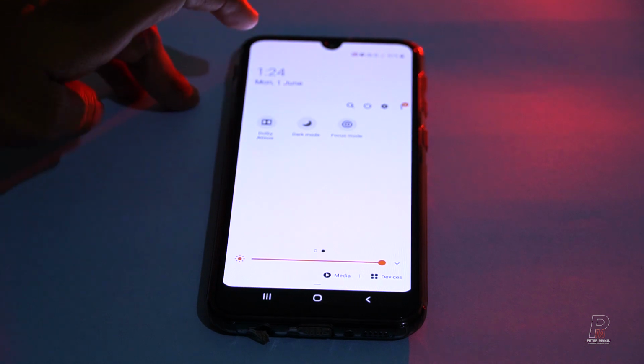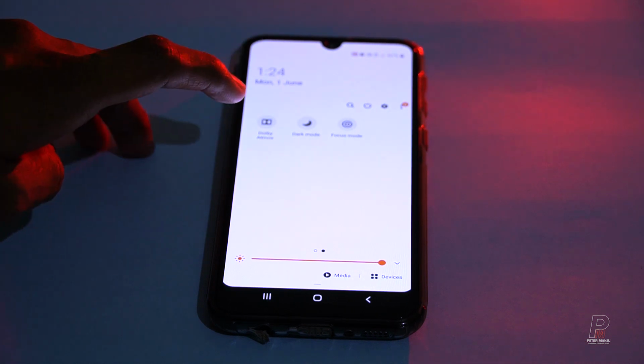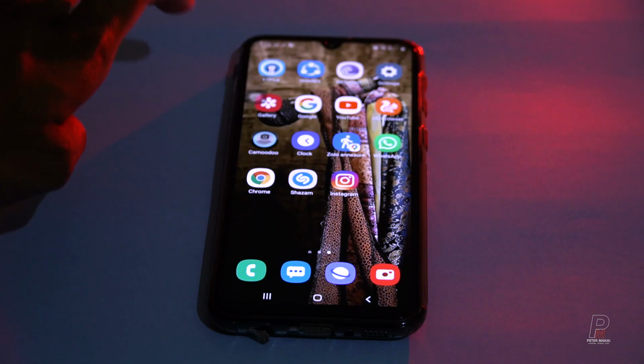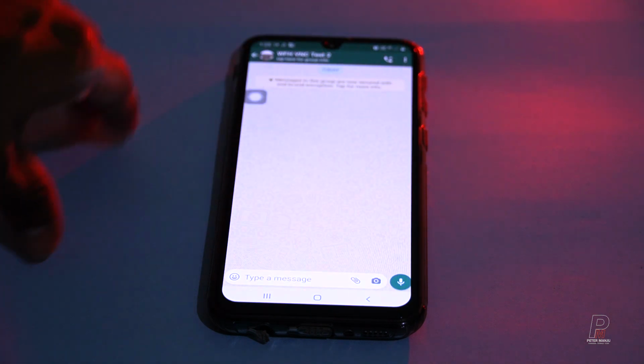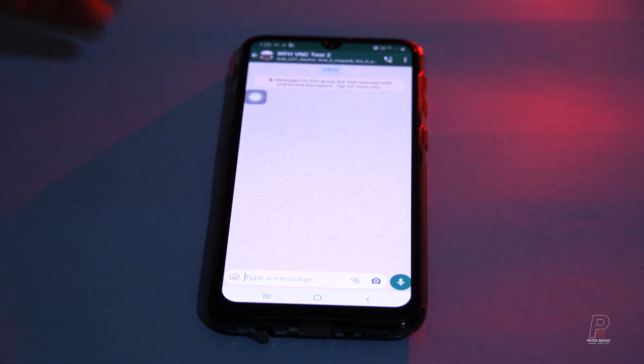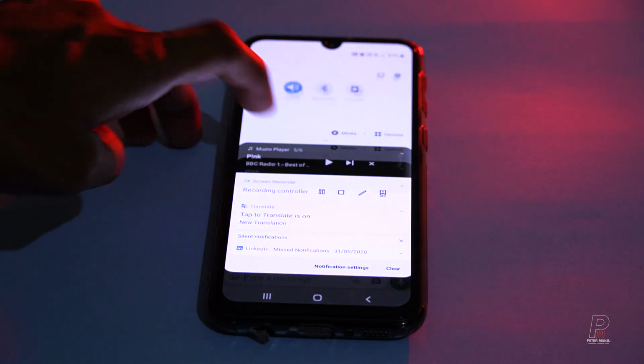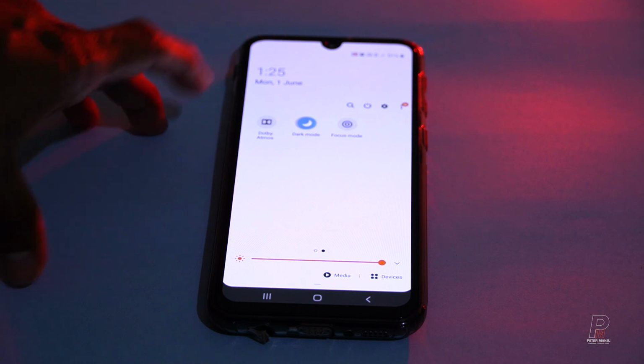You just turn on. It's now turned off. Dark mode is turned off. Now everything is white. I'm going to open my WhatsApp now. Look at that. This is the normal look when we open WhatsApp. Now what I'm going to do is just swipe and then go back and then just turn on the dark mode,